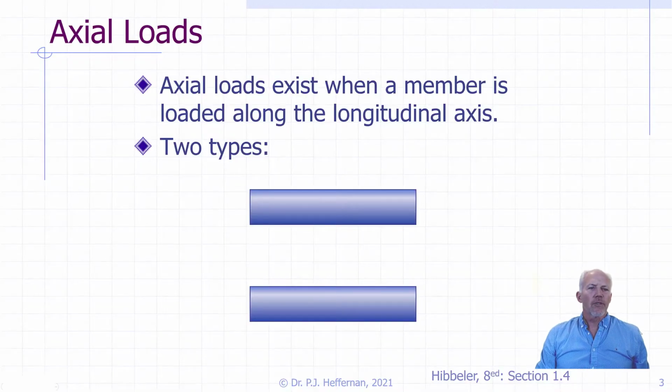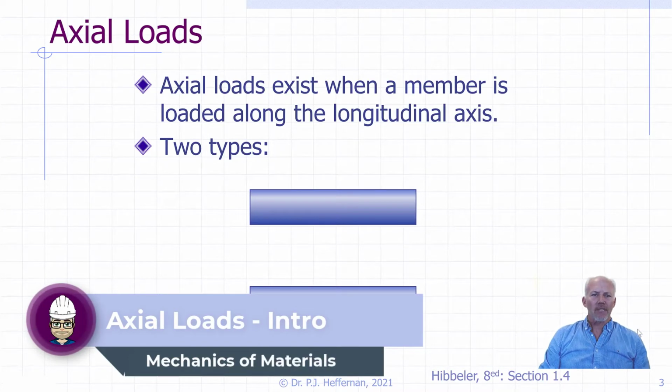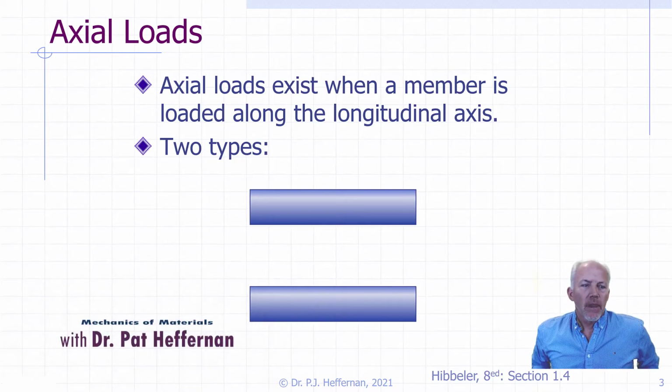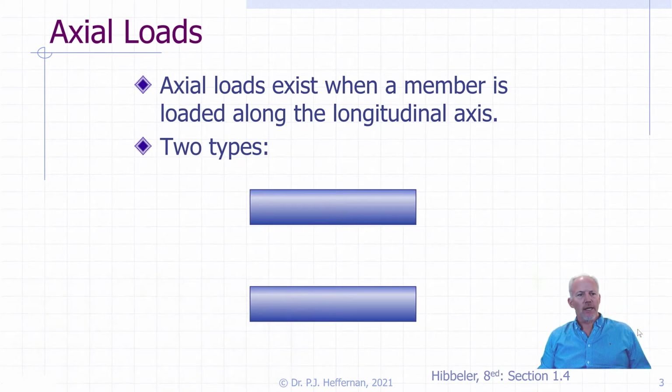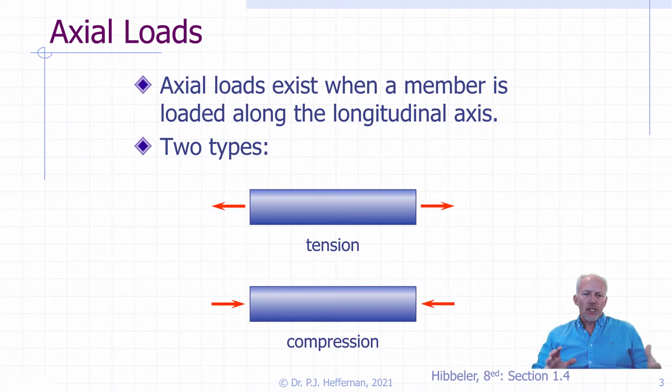Axial loaded members are those structural elements having straight longitudinal axes and carrying only axial forces. Axial forces are either tensile or compressive. That is to say that a member is either in tension or in compression. If a member is in tension, it is being pulled apart and will naturally elongate as a result. If a member is in compression, it is being squished or pushed together and will naturally shorten as a result